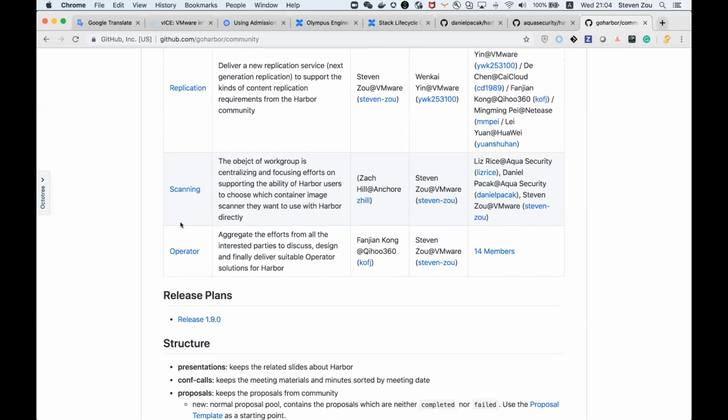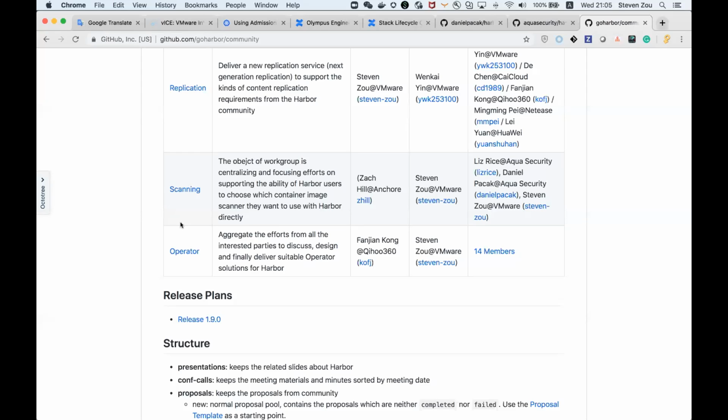One is scanning. This work group is organized by engineers from Anchore, from Aqua, and from VMware. This work group is working to deliver a pluggable scanner framework in the next release to let the user select different vulnerability scanners to scan their artifacts.